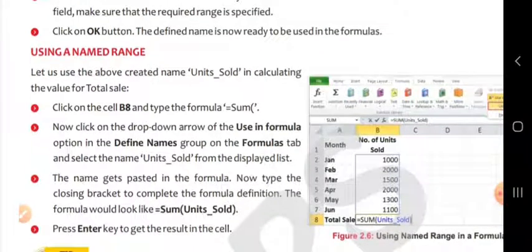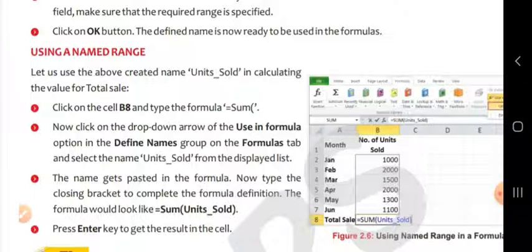Now click on the drop down arrow of the Use in Formula option in the Defined Names group on the Formulas tab and select the name units sold from the displayed list. After that, the name gets pasted in the formula. Now type the closing bracket to complete the formula definition. Means after writing the name, not by your own, when you click, that name will come.